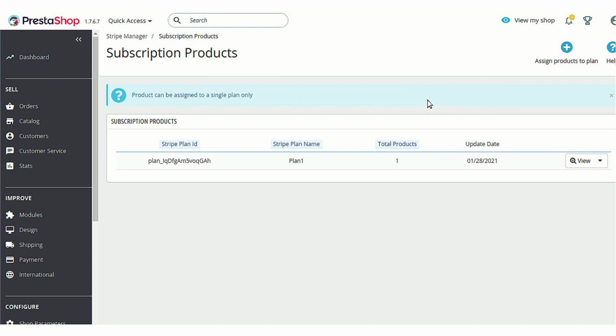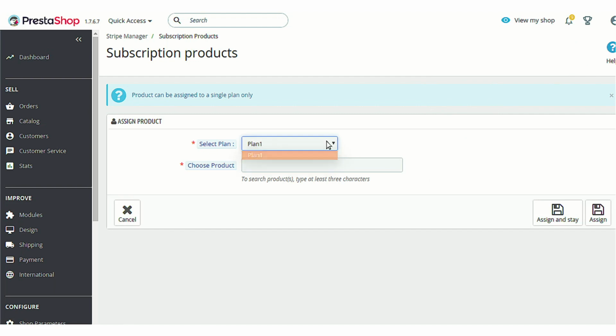Now, in order to assign a product to a plan, click on this button, select the plans. As I have created only one plan, I am able to see one plan only under this drop down button. But in case you have created multiple plans, like 10 plans or 12 plans, then you can choose a plan from here by clicking on this arrow or anywhere on this field. A drop down will show on this page, as shown here, with a list of all the plans that you have created. After that, you need to enter the first 3 letters of the product name to search a product,